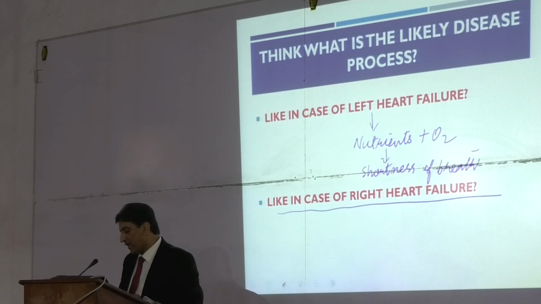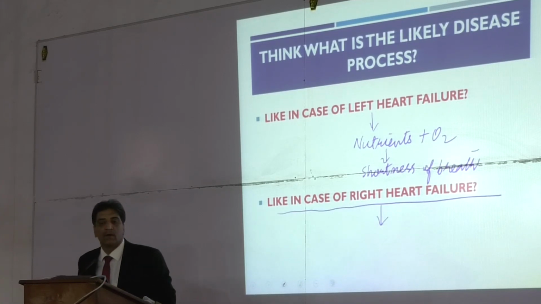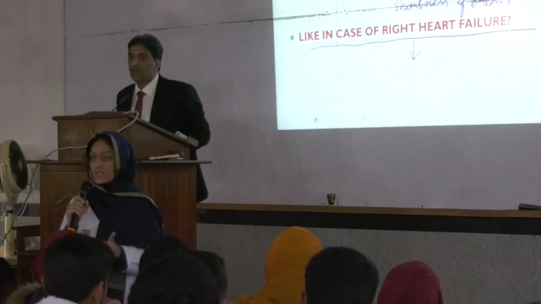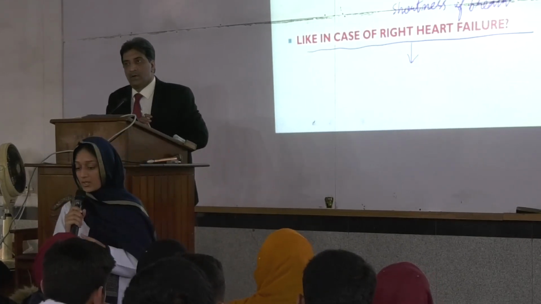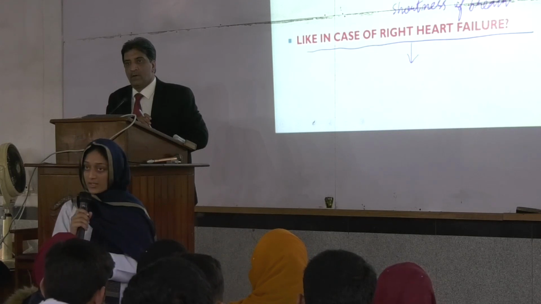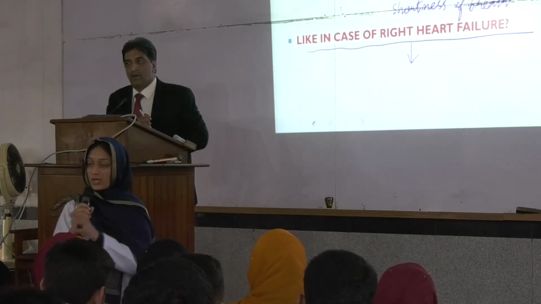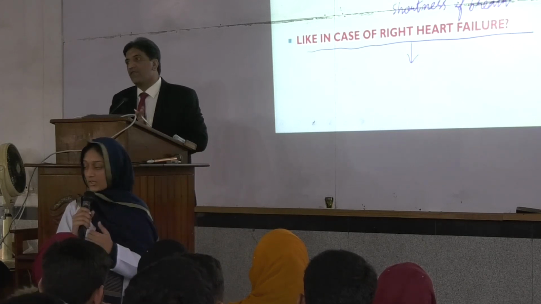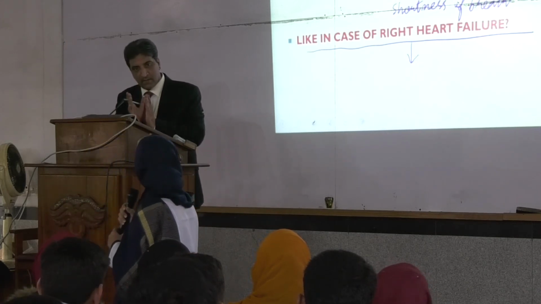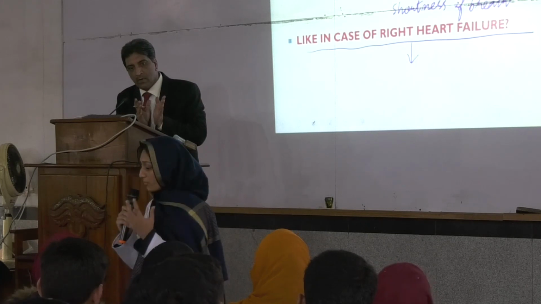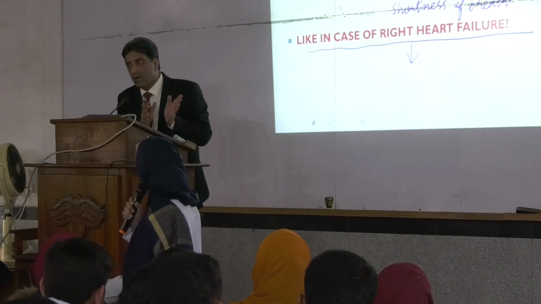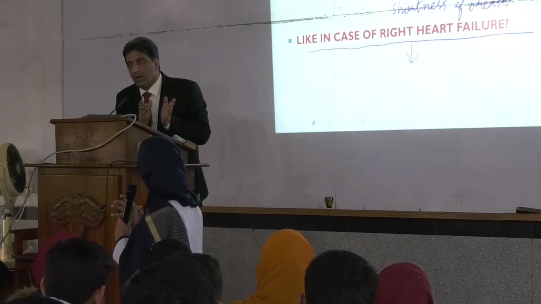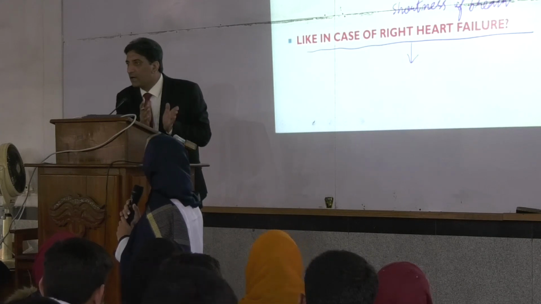Like in the case of right heart failure, what is the function of the right heart? The right side receives the deoxygenated blood, so that blood will contain carbon dioxide, and it pumps that blood to the lungs. So if it is not pumping blood to the lungs, what will happen? Where will that blood go? It will remain either in the heart